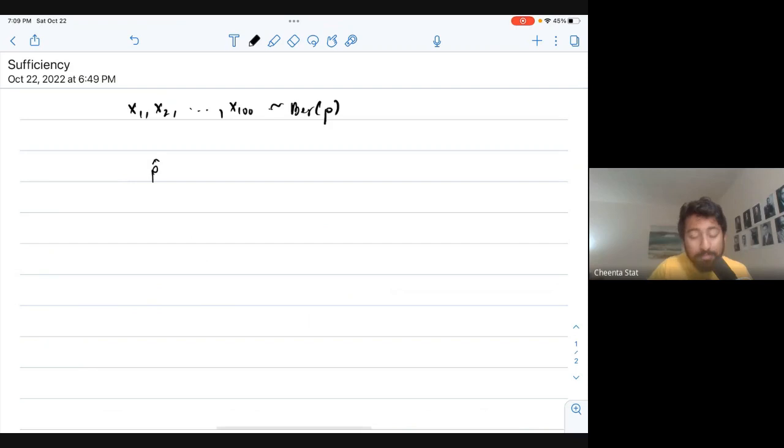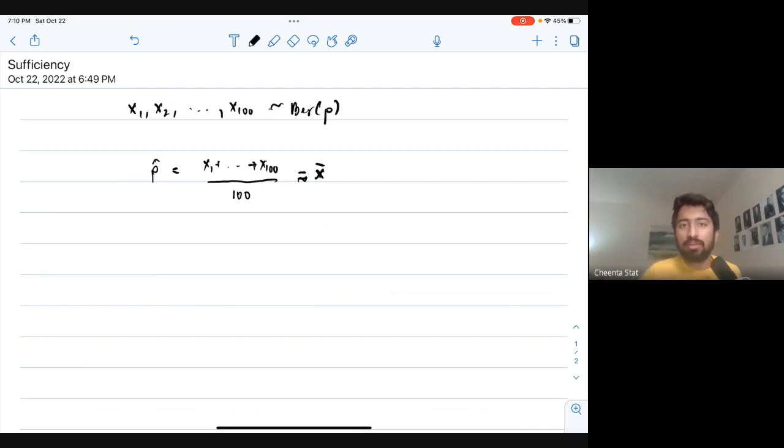P. And you know, P hat is a very good estimate. You have done the MME, you have done the MLE. Also intuitively, P is the probability of success or heads, so you count the number of heads and divide it by the total number of tosses. Here X1 plus X2 up to X100 counts the total number of heads; this sum is binomial, so it counts the total number of heads in 100 tosses, divided by 100. So we can write it as X bar, the mean. You have done this mathematically. That's why it's a very good estimate.